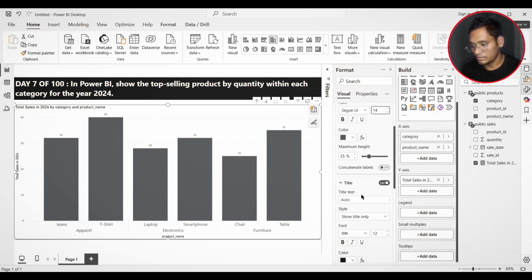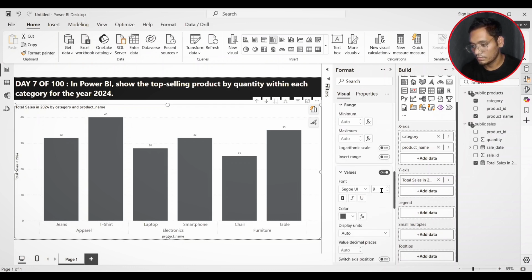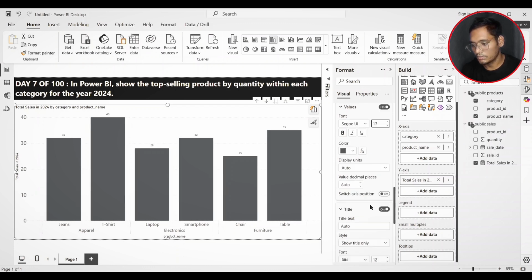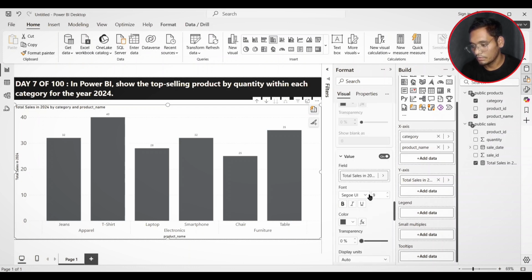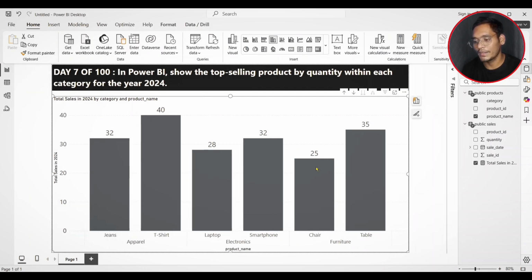I think this is correct. And the size of y-axis to 13. Increase more. Yeah, this is correct. And now let's increase the data label size to 16, 20. Yeah. So we have generated this column chart which shows all the products within each category and their total